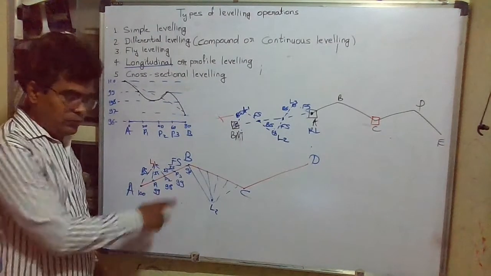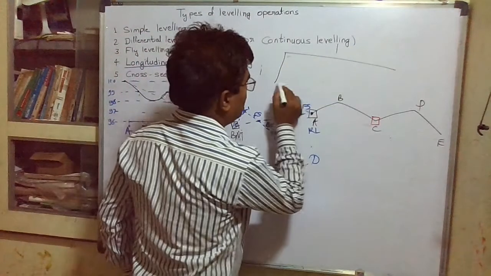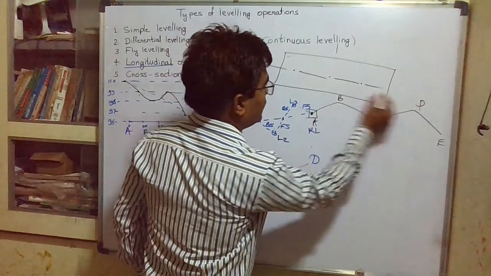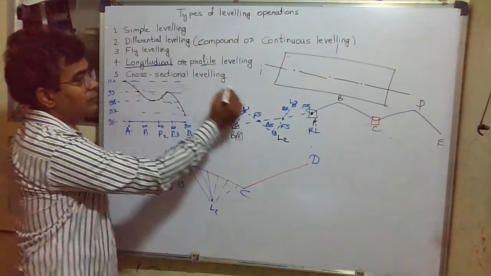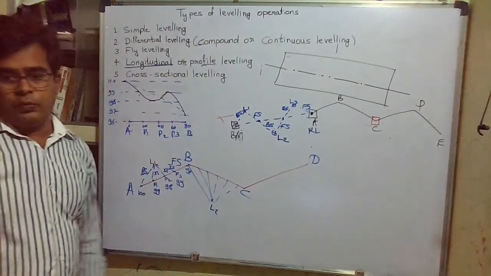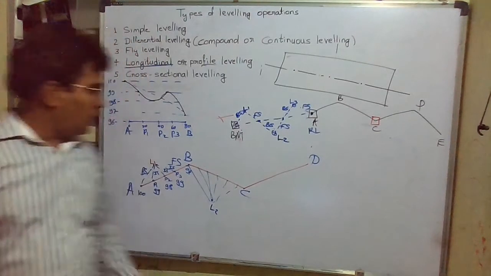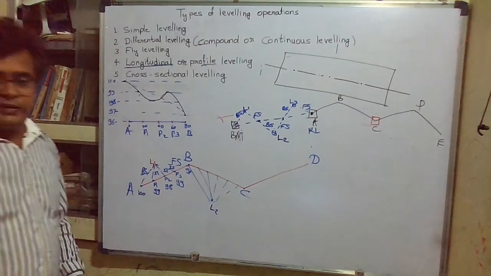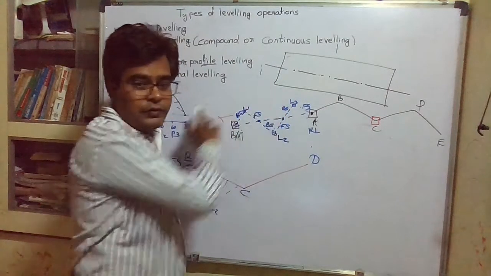of the road. Okay. Suppose this is our road, and this is the center line of our road. So in longitudinal leveling or profile leveling, we come to know the profile along the center line of the road. Then again, what do we need? In longitudinal leveling, we got the profile along the center line of the road. But is it like that? Will these other points of the road also follow the same profile?